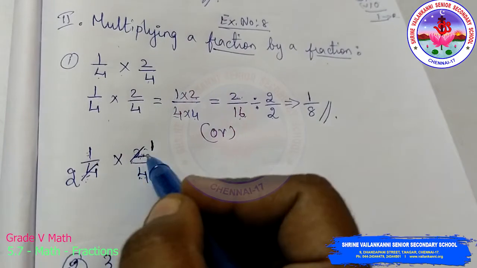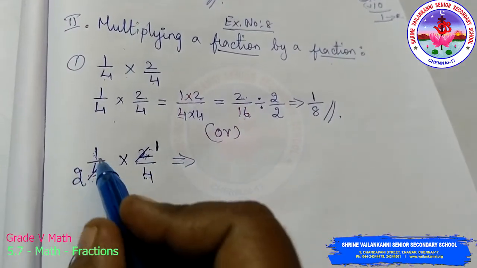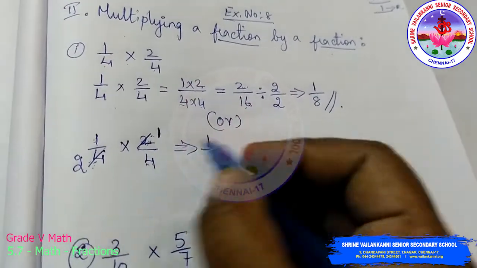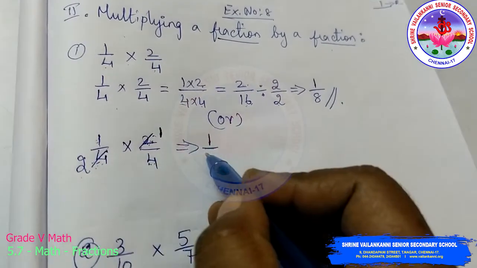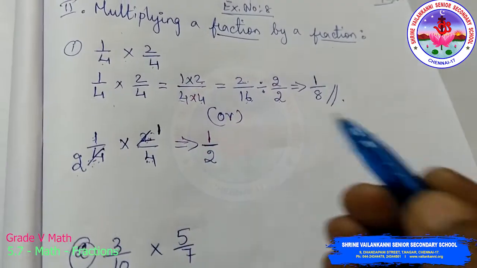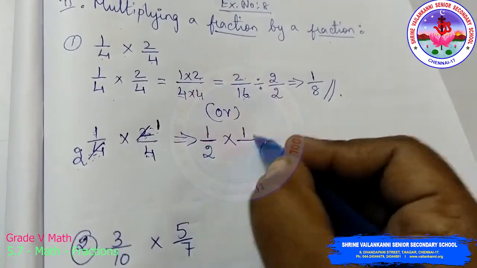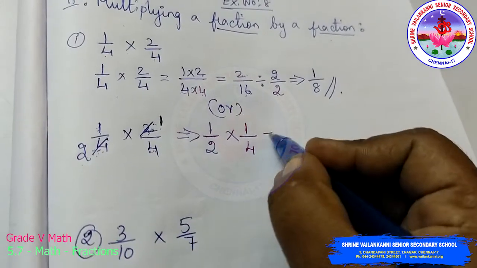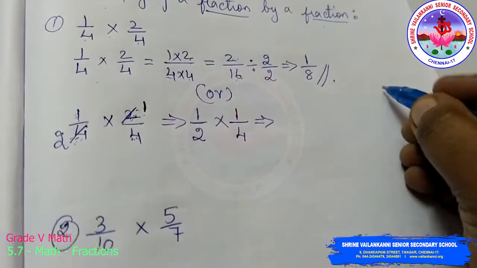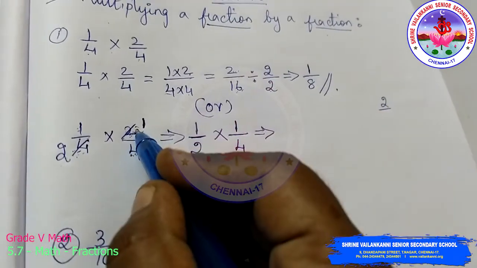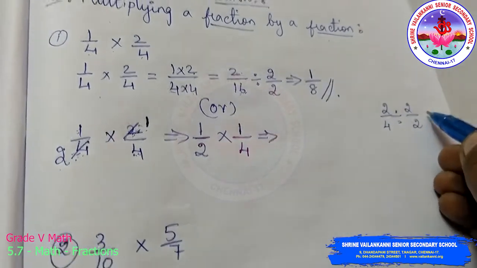I am simplifying, I am reducing the value. So now 1 in the numerator. Instead of 4, I have reduced by simplifying as 2. Instead of 4, I have to write only 2, and this 2 has become 1. This 4 is remaining the same. Understood? See, this 2, 4: 2 is a numerator, 4 is a denominator. I am dividing it with the 2 table.